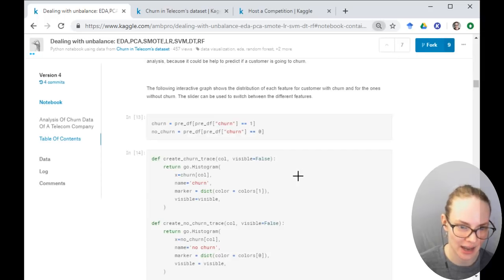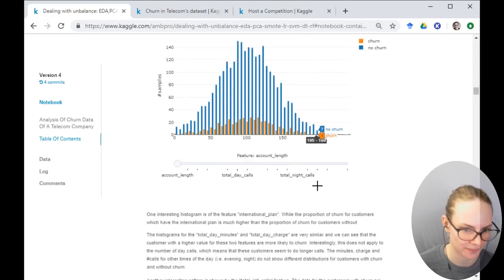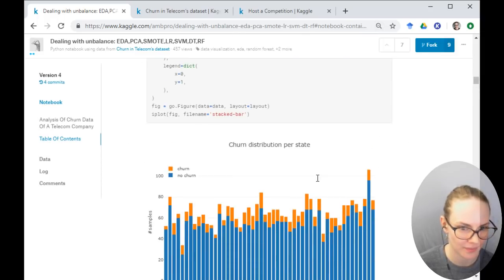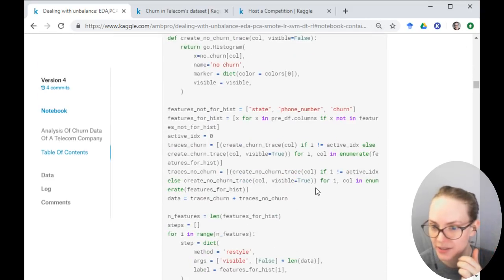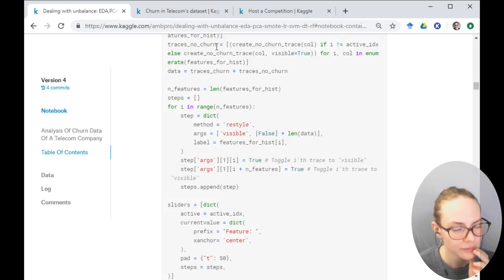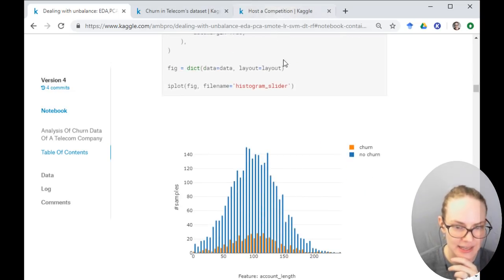Oh, I see. What's that called? List comprehension. Okay. Scroll back in. So yeah, that looks pretty readable to me. So looking at this,